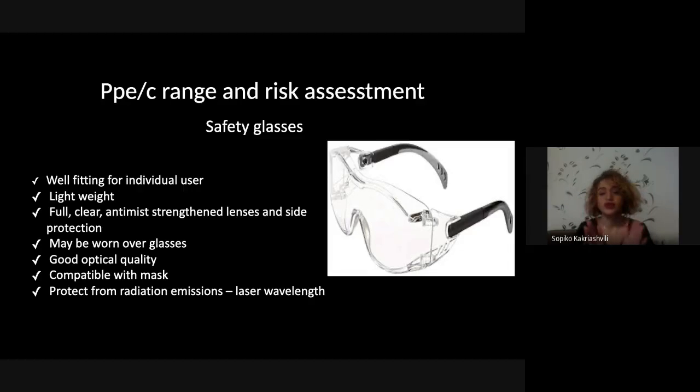It should be designed to protect all the eyes and the tissues around them. It may be worn over glasses and have good optical quality, because you know that many doctors use special glasses for zooming, because they can't see well without these glasses. It should have good optical quality and be compatible with the mask.